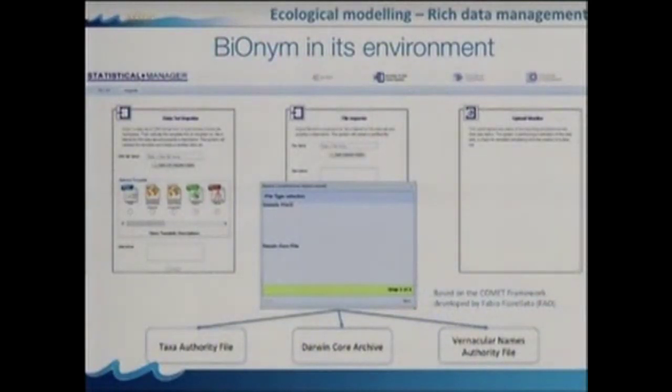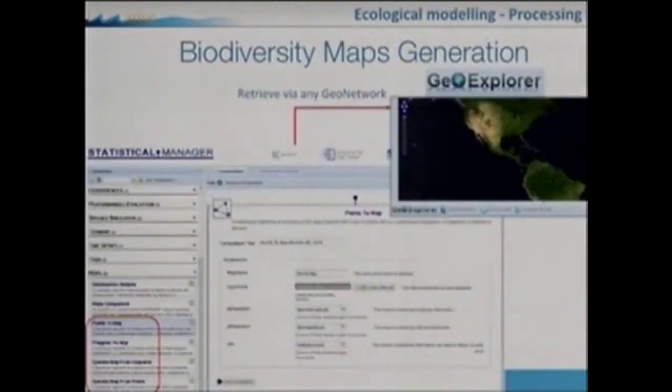Okay, these 2 slides following are just an example of how BiOnym fits in its environment. Here you will see that we can use its facilities to convert a Darwin Core file into the format it needs to have data to perform the comparison, and this is a way in which you can import this Darwin Core archive to produce a taxon authority file. We aim possibly at integrating the results from BiOnym, as Edward said, inside different scenarios like biodiversity maps generation, or more generally speaking, in all those scenarios where having a correct classification of species is relevant to the results you want to achieve in that